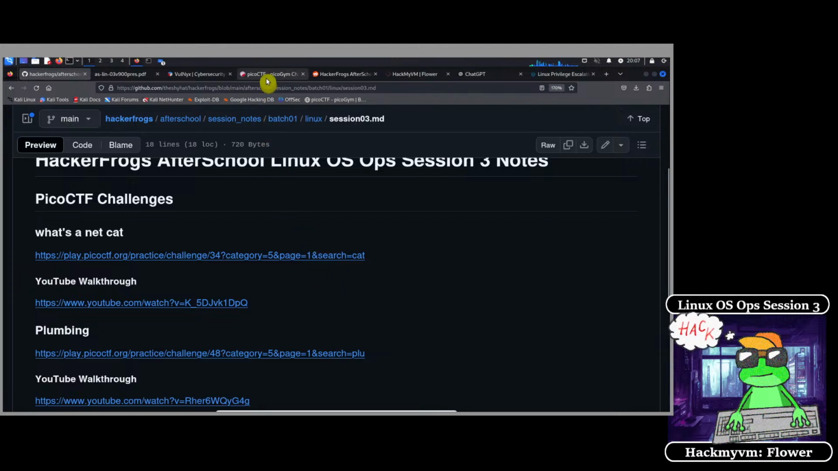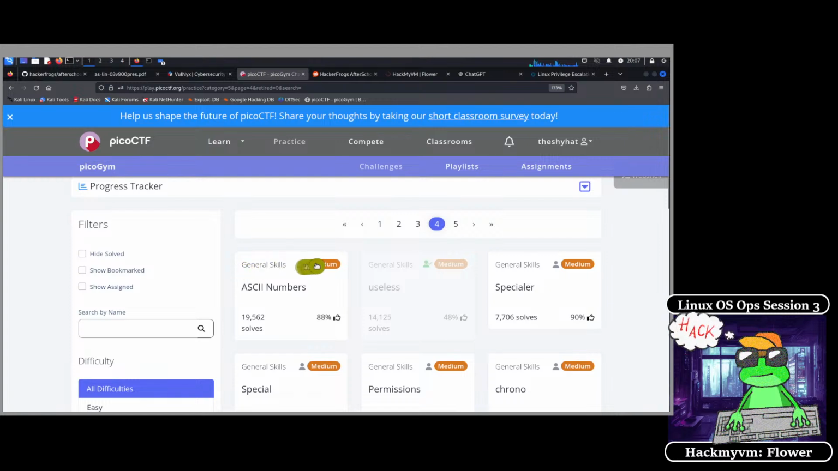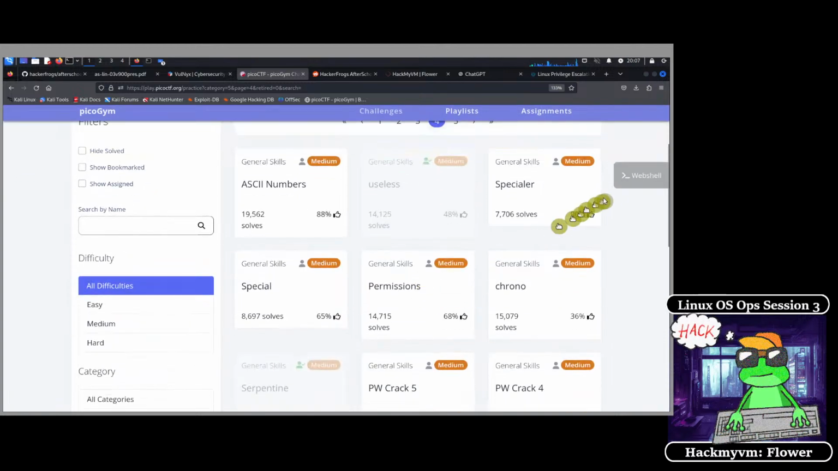So Pico CTF is a very convenient platform for learning cybersecurity because they provide us with a web shell, which is an environment where we can complete challenges. So if you want to open up the Pico CTF web shell, which is basically a Linux terminal where you can complete challenges and interact with your own little space,